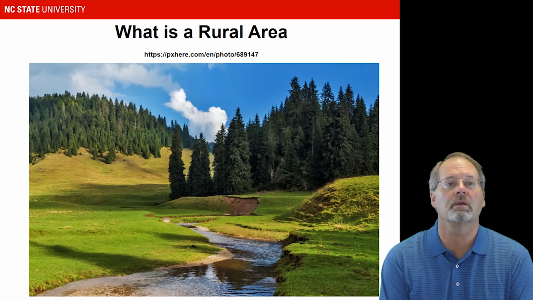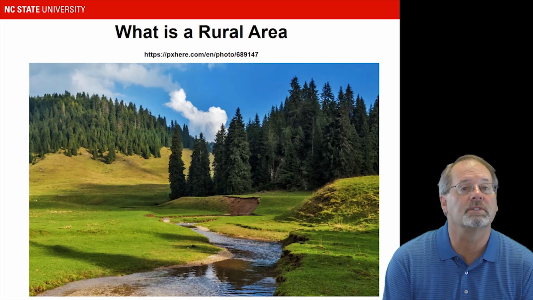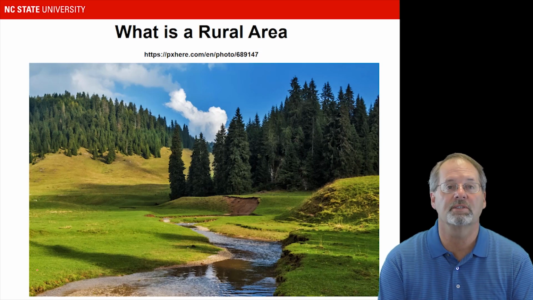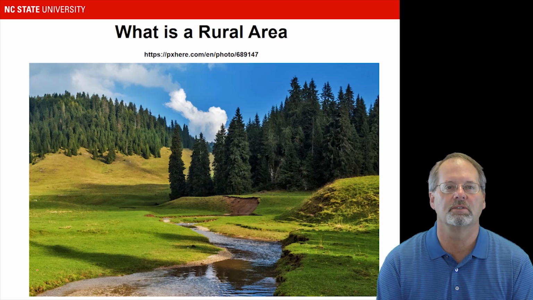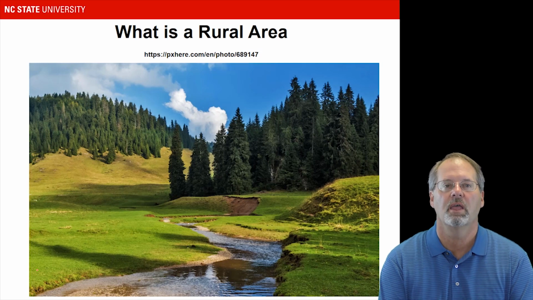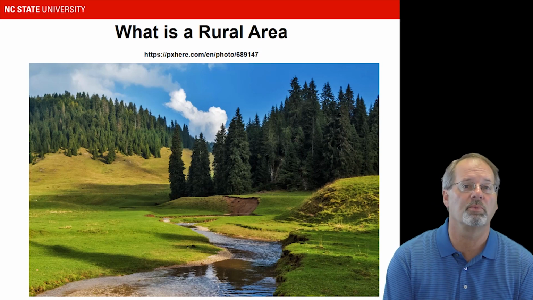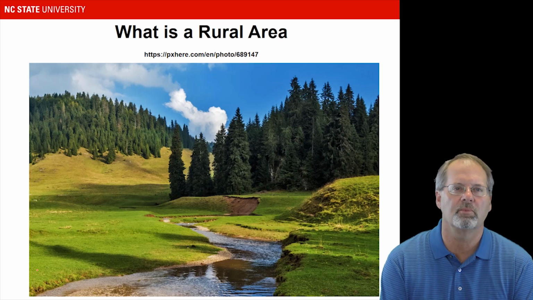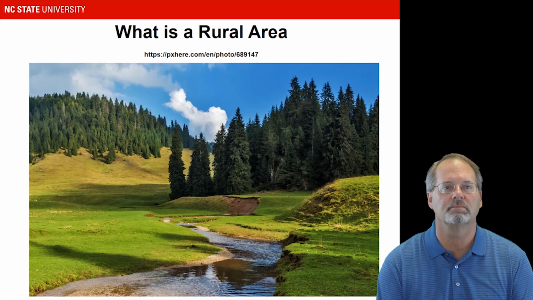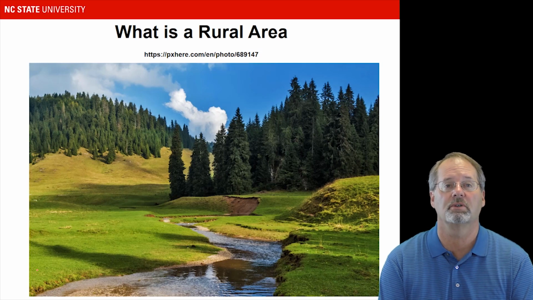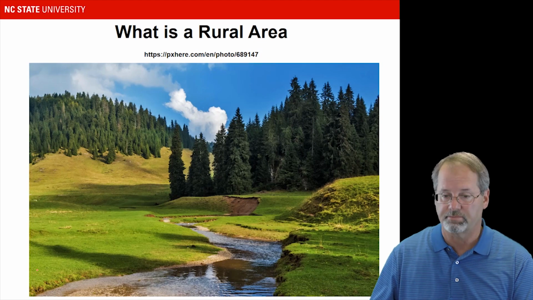Here's another rural area, and in this one you can see hills and a little stream or river and trees. And why I like to bring this one up is because rural areas can actually filter and manage our water supply in some sense. In other words, they do a lot to help us purify water, store water, and transport water. So that's very important. When the rain falls on the forest or the soils, those forests and soils have a natural filtration and cleansing of the water. That's very important to society.